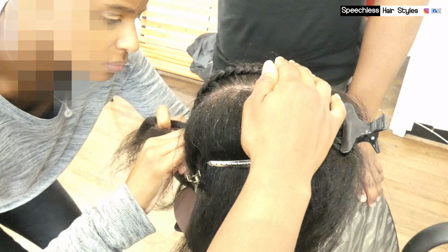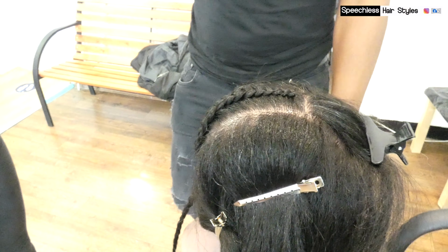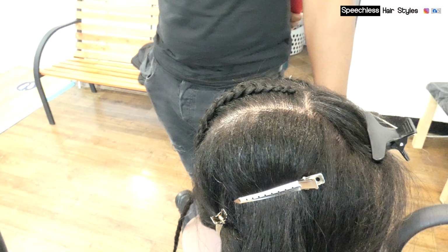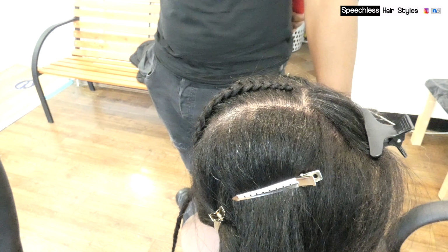It starts on the hairline, and then as it gets thicker, that's exactly how it should look. There you go. Yay! This is really nice. It's very, very neat. I'm proud of that. I think she had an advantage because she already knew how to braid. The concept was the same, all she had to do was change the direction of the braid. So she did really